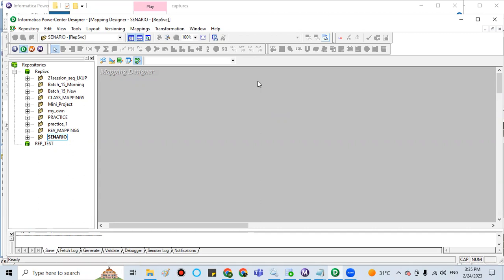Hi guys, today I am going to explain incremental load: how to do the incremental load from source to the stage and stage to the target. What are the methods we have to follow to do the incremental load? Okay, for that,